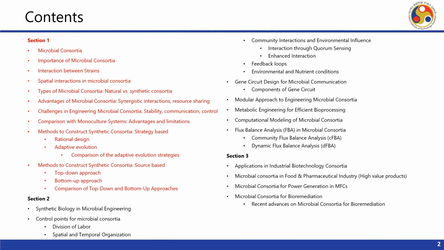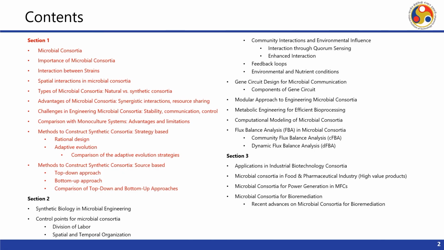This lecture is divided into 3 broad sections. In section 1, we will discuss first what is a microbial consortia, then we discuss what is the importance of such microbial consortia, and we discuss the interactions between various strains in a consortia, the special interactions in microbial consortia, the types of microbial consortia, natural versus synthetic consortia, then advantages of microbial consortia, the synergistic interactions, resource sharing, and